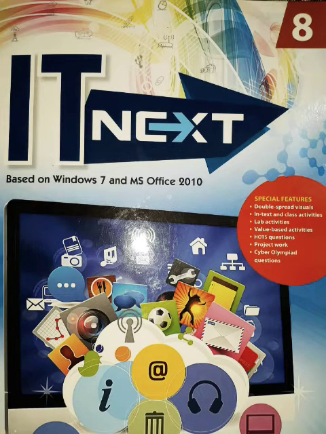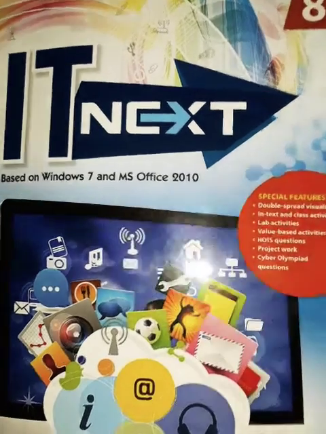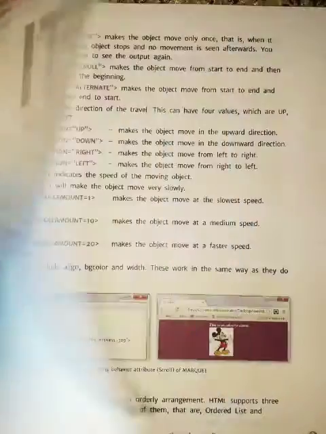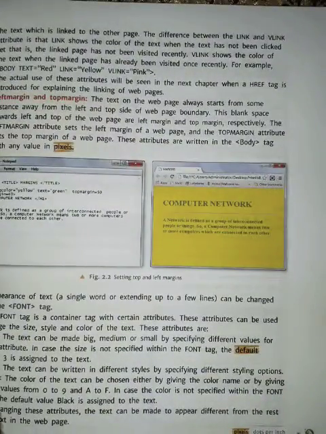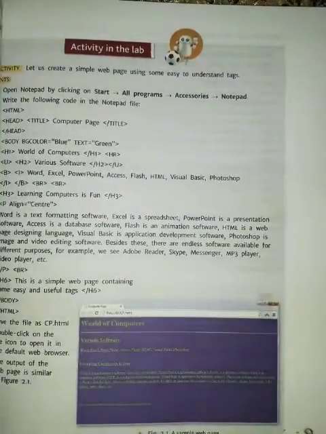I'm your computer teacher Prakash Srivastav, and today I will tell you some new things from the second chapter, HTML. Students, this chapter is very interesting because in this chapter we will understand something related to web designing. Web designing is very interesting to learn and to know about the designing of the